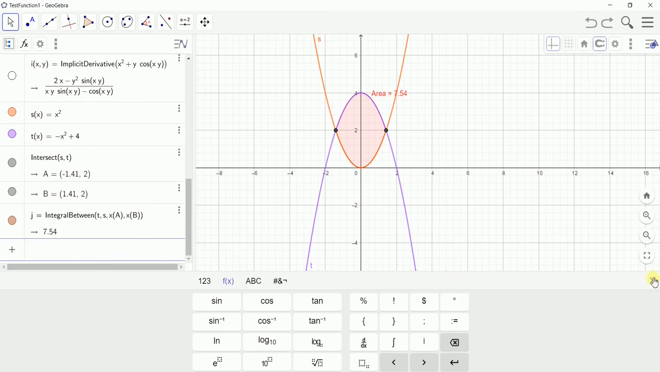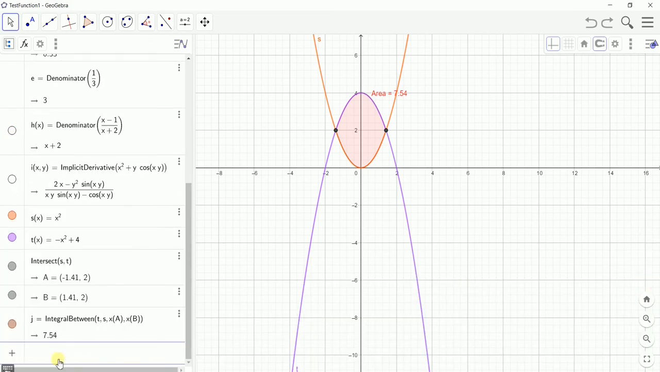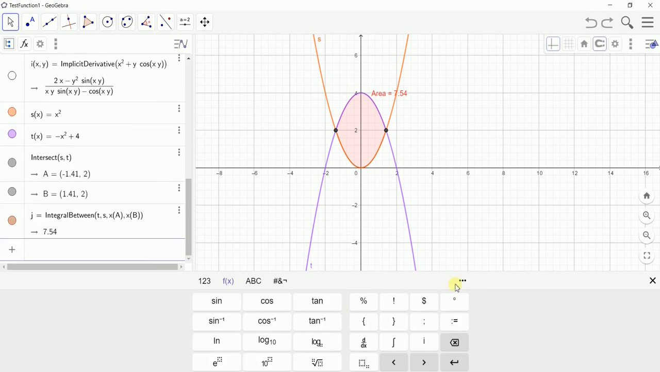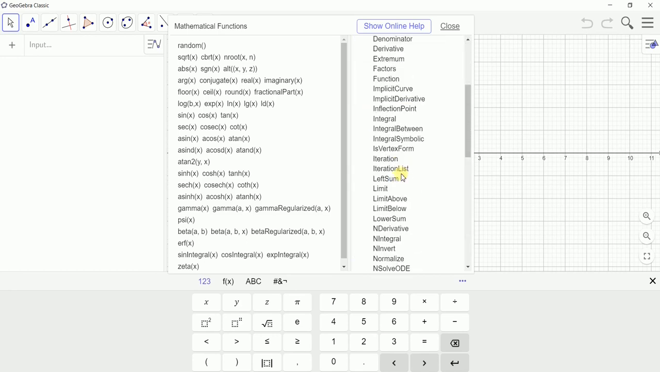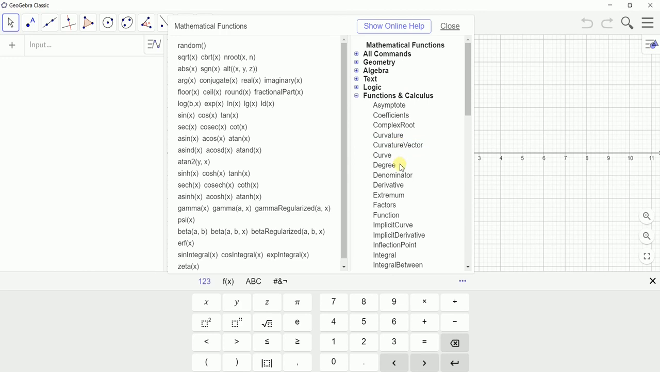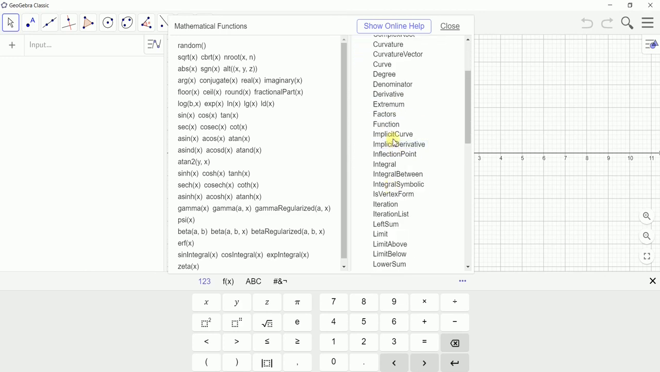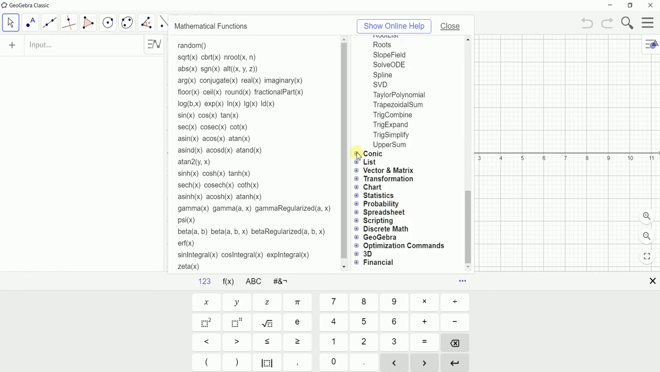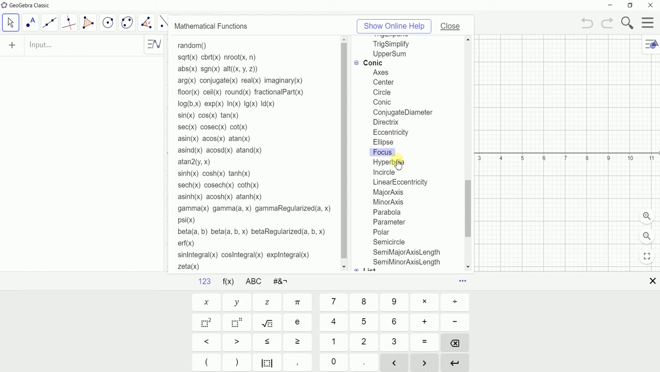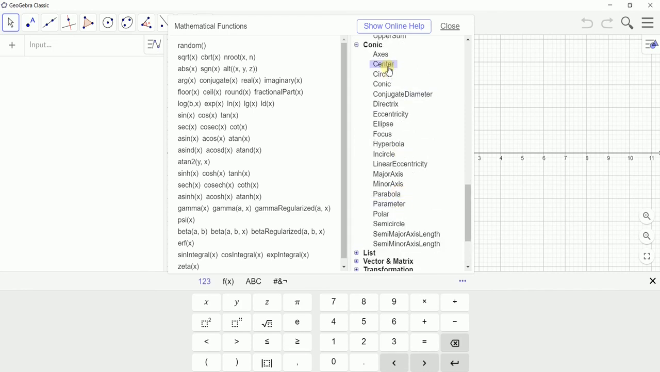I don't see these three dots here anymore, so what we can do is cross, and it goes minimized. Let's quickly try a couple more. We can find commands by the categories, most of the time. For example, functions and calculus will have related categories like implicit derivative and all that, integral, between, and similarly conics, they have conics related